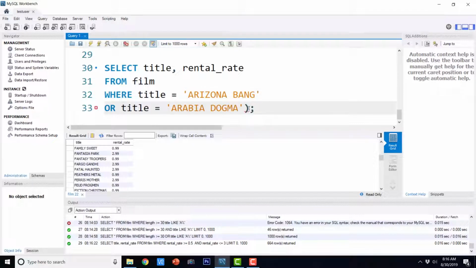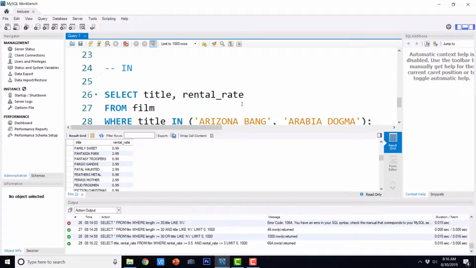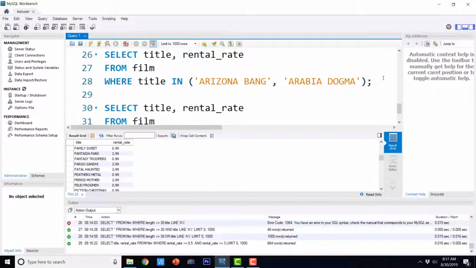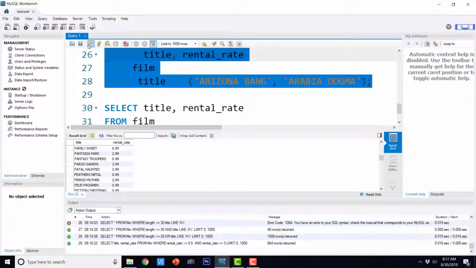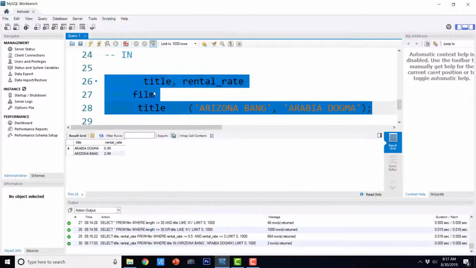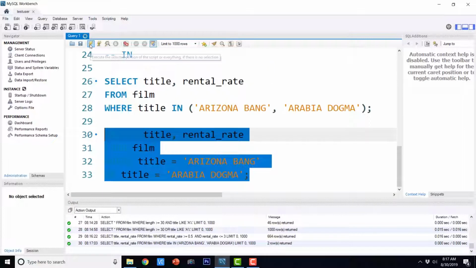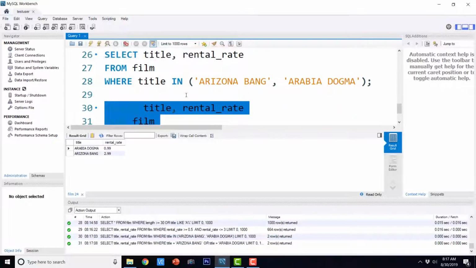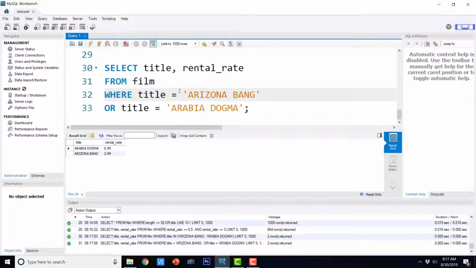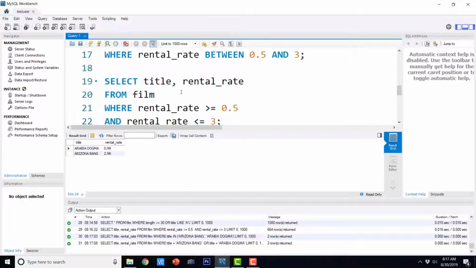So let's run our original query first and then we can run the modified query. This is our original query, it returns us 2 rows, and this is our modified query, this returns us 2 rows. So this is how we can rewrite our queries with and or logical operations.